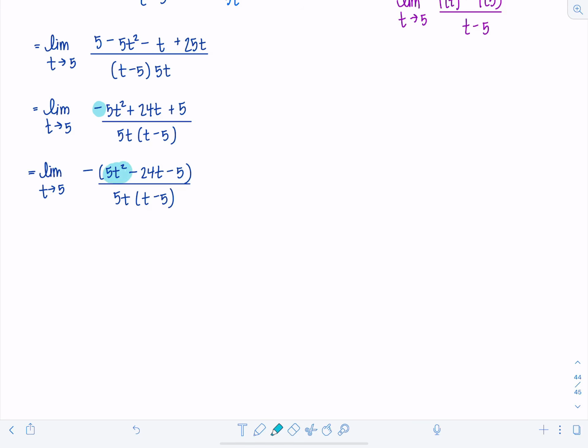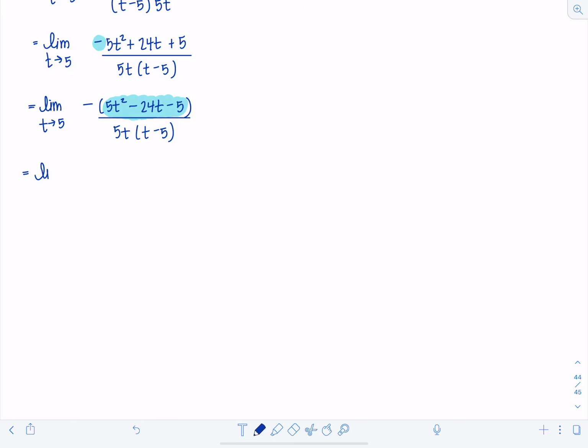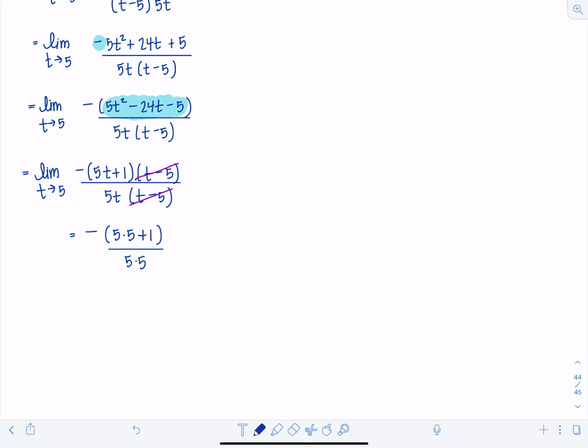Now you guys tell me, can you factor this trinomial? I certainly hope so. So this is the limit as t approaches 5. We've got negative 5t plus 1 times t minus 5 over 5t times t minus 5. And lo and behold, I can cancel out t minus 5 now and go ahead and use direct substitution to evaluate this limit. I'm just going to plug in 5 for t. So I have negative 5 times 5 plus 1 over 5 times 5. So in the numerator, we're going to have a negative 26